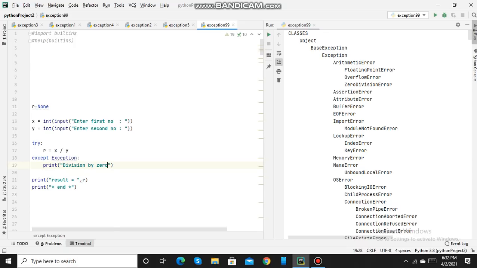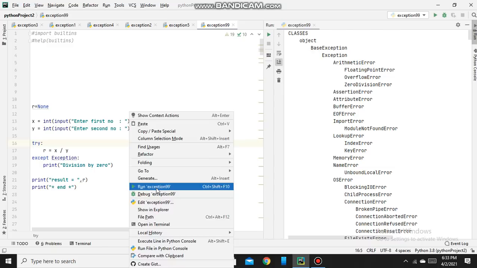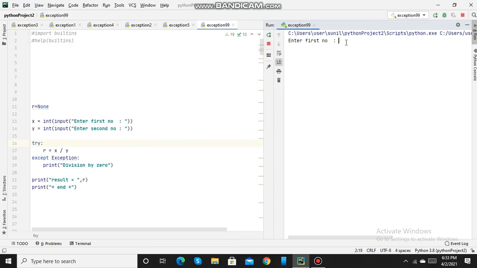So whatever we want to test, we put under the try block, and if an exception is thrown, then this except block will be executed. So we will run this. So result is 5. It has divided 10 by 2. No exception was raised, and it has printed the result.